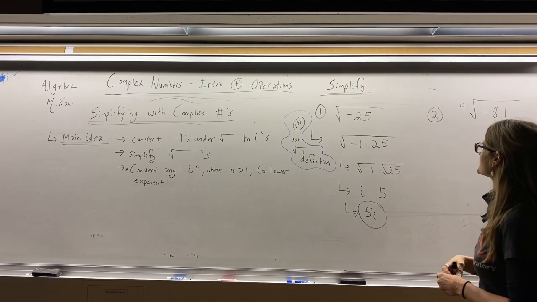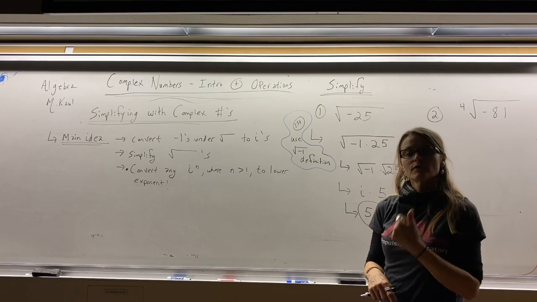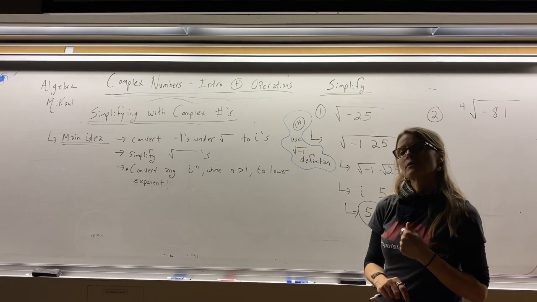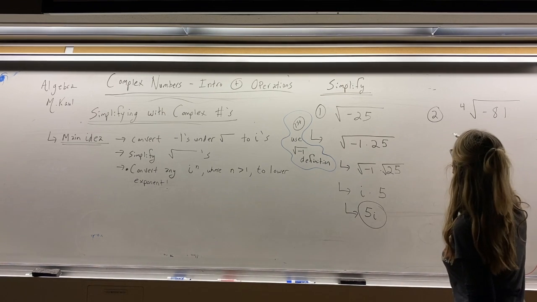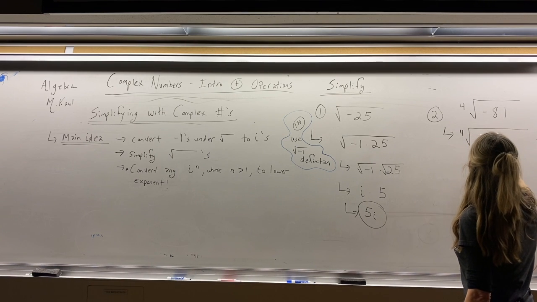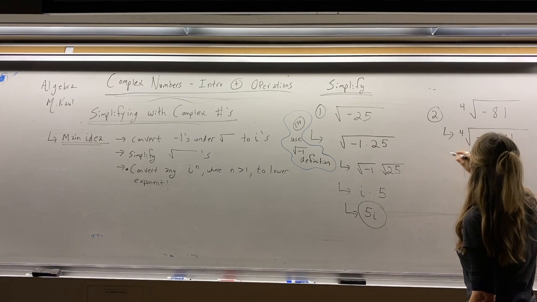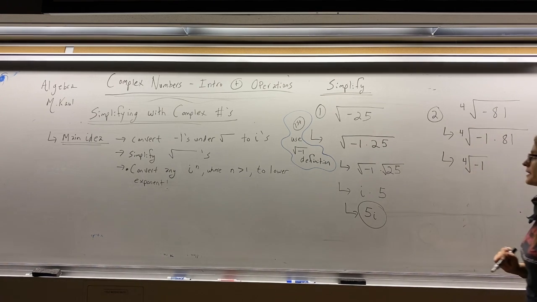So because we have the -1 power, we know the square root of 1 is 1, the 4th root of 1 is 1, the 6th root of 1 is 1, etc. So we're going to apply a little trick here, and using that definition, we could go ahead and say the 4th root of -1 is also going to be i